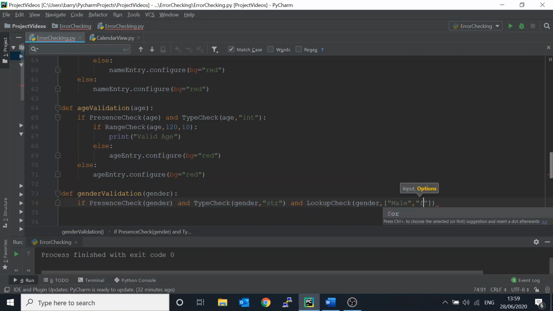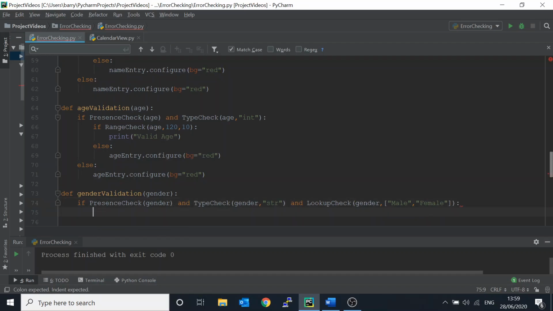Okay, so I'll explain this line here now. So, okay, what are we doing here? Sorry, why is this red squiggle? Oh, because we're missing a semicolon. Right, so,